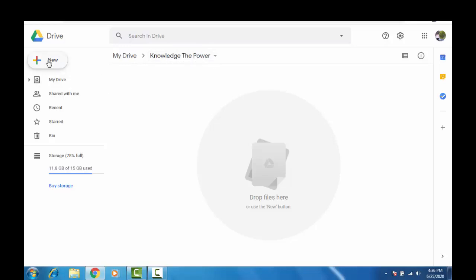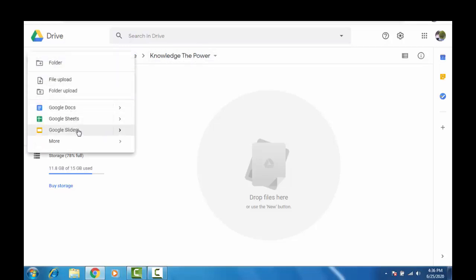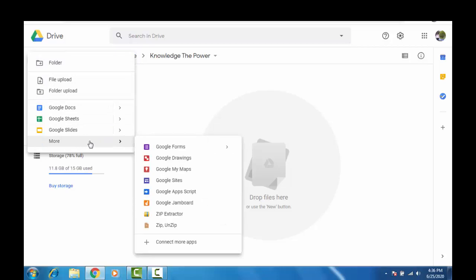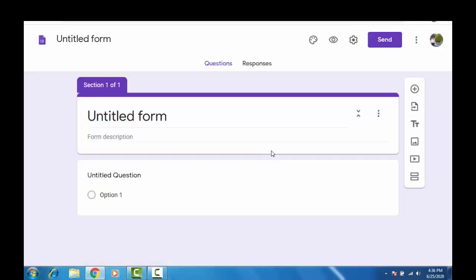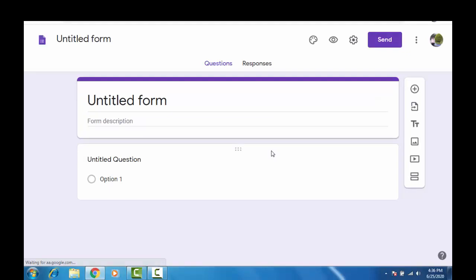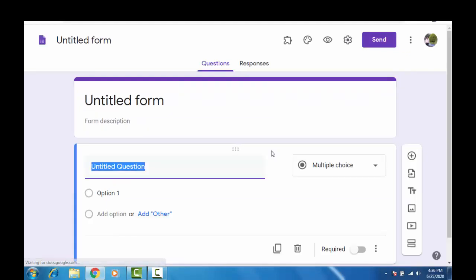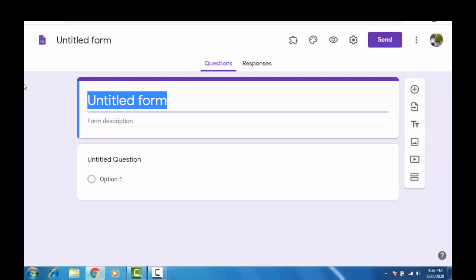So the first step is to create the Google Form. You just go to More, go to Google Forms and create a blank form here. I will create the form in such a way that only the name as well as the organization are fetched from the Google Form, and those are to be printed on the certificates. Okay, so I will give the name of the form, say webinar.